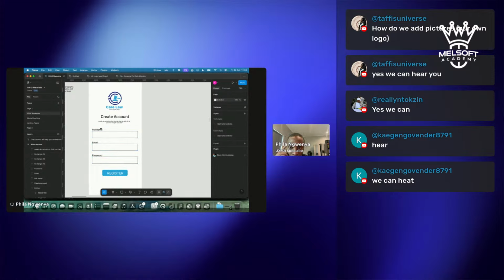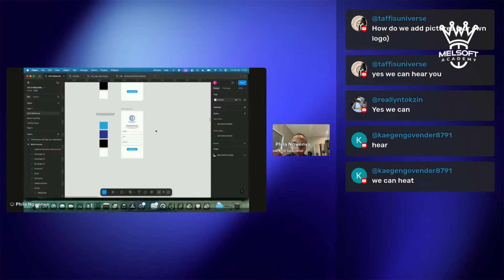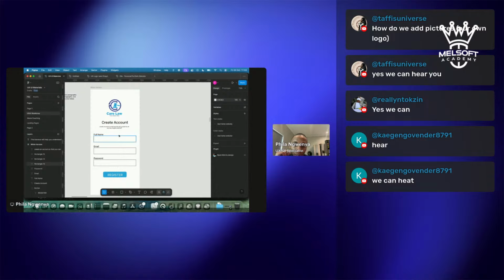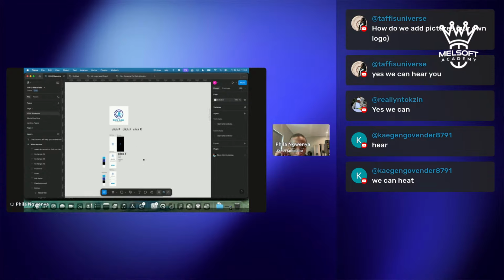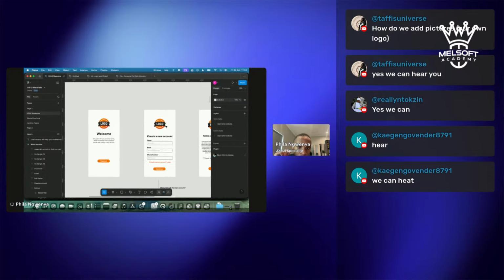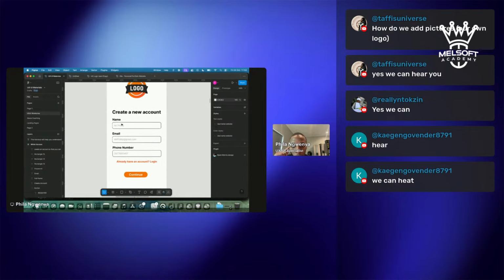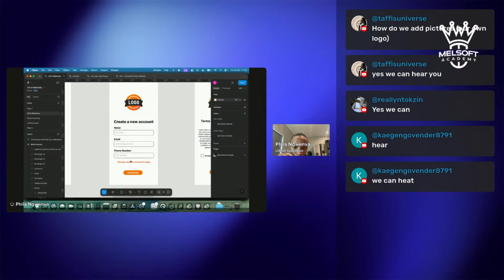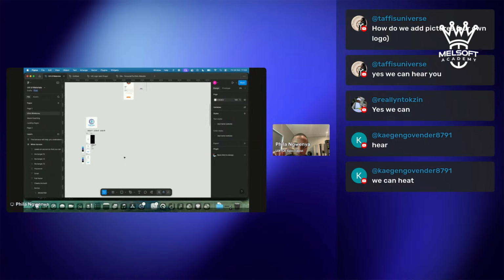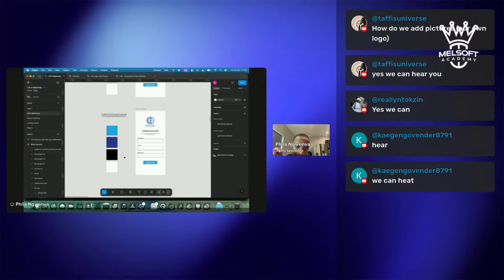to input text, right? So now we want to do an effect that puts a placeholder on what the full name, what the email, what the password should look like. You'd see this on a lot of apps so that it helps people know what they are typing. So in the name it says Mr. Philip, that's where you put your name. Your email says Mr. Philip at gmail.com. Phone number, but for here we have our password. For passwords, they use asterisks, those little star things, right? So we want to do the same thing